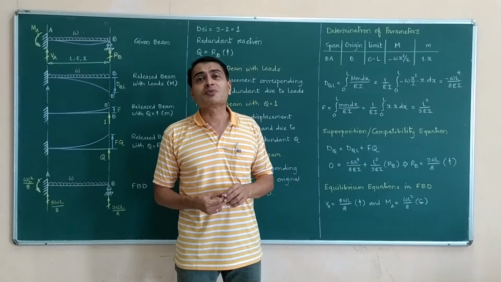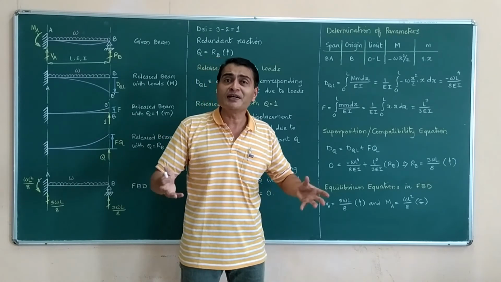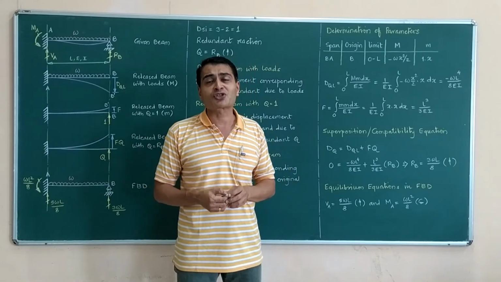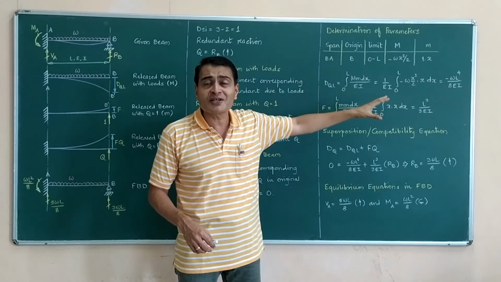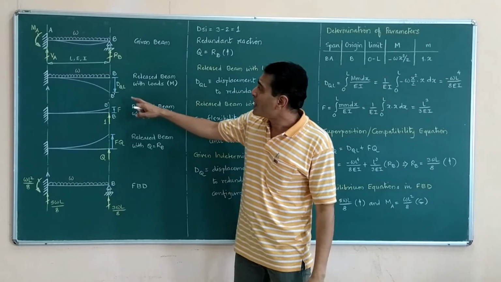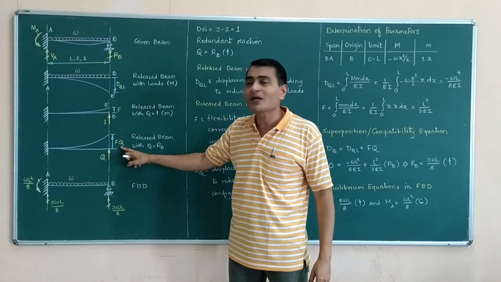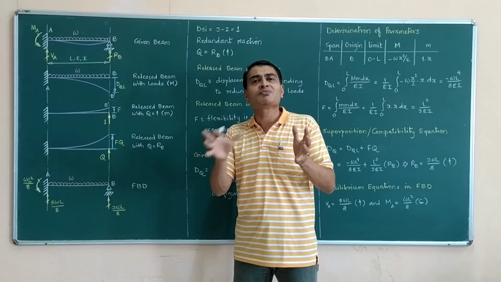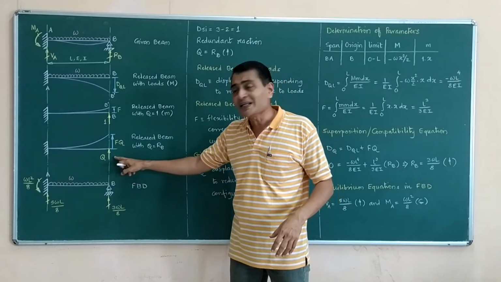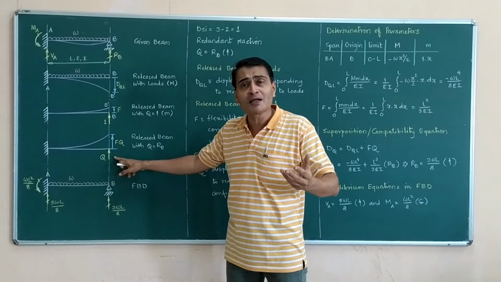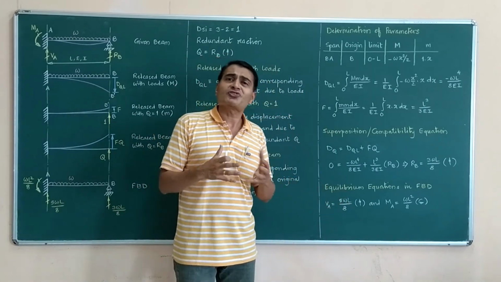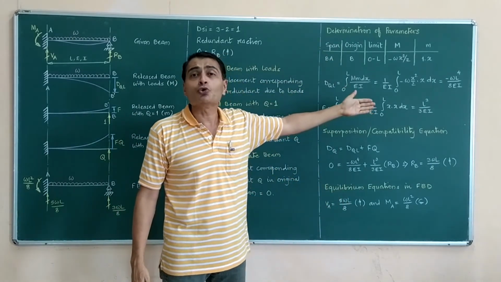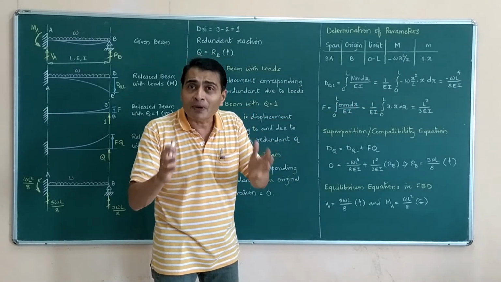But as far as the dql and f calculations are concerned, those calculations I have shown here from the unit load method. This unit load method, or very similar Castigliano's theorem, we have studied in our previous course, that is Structural Analysis 1. However, I will quickly revise it here, and that is the reason why I have not written standard results for dql and f. Actually, for a cantilever beam subjected to UDL, or for a cantilever beam subjected to a point load at the free end, we directly have standard results for deflection, but I am not using them because simultaneously we are doing a revision of the unit load method. So see how I have applied this method.